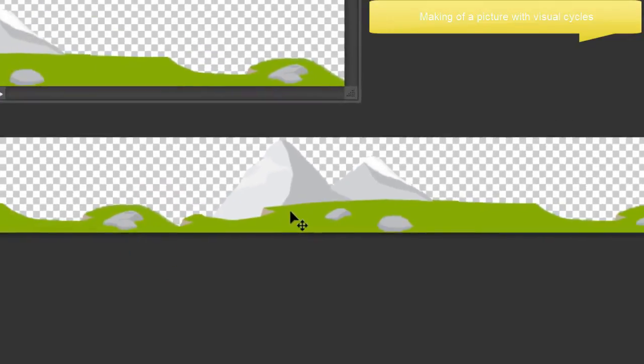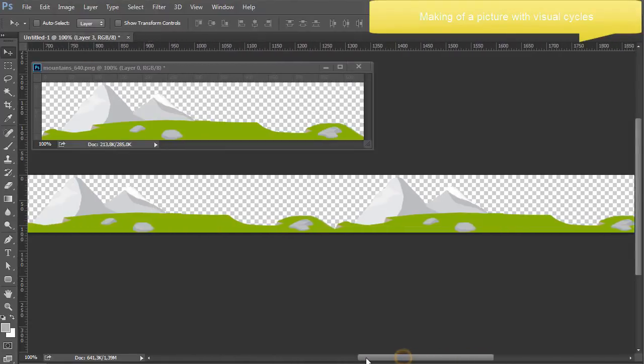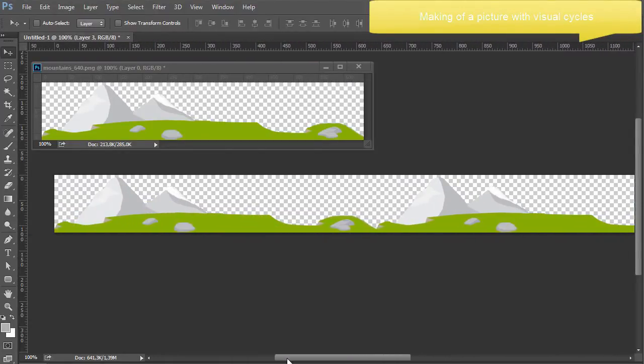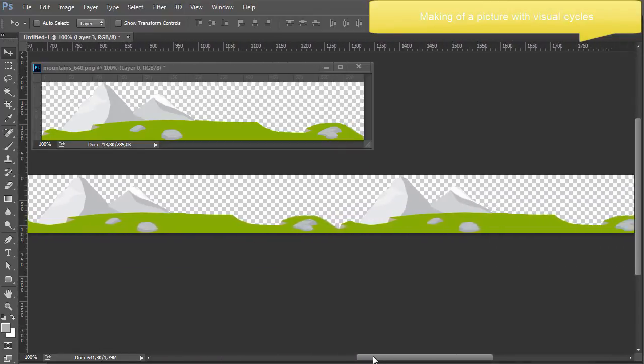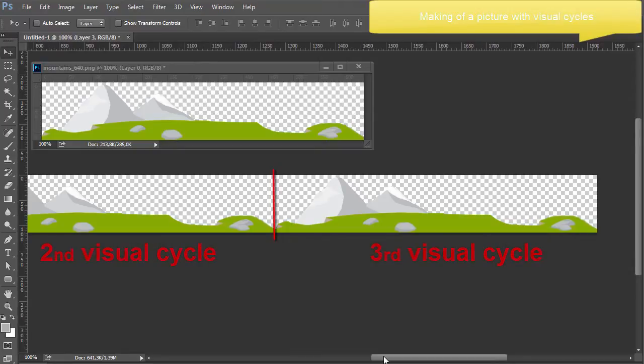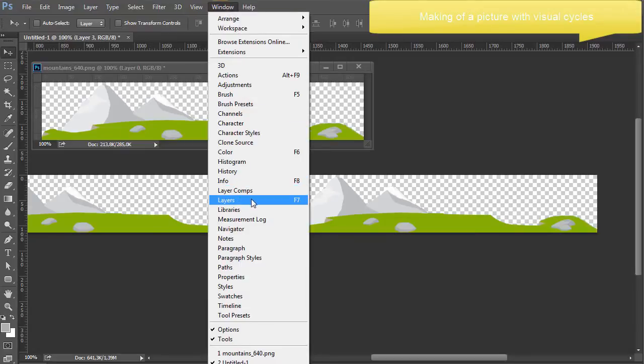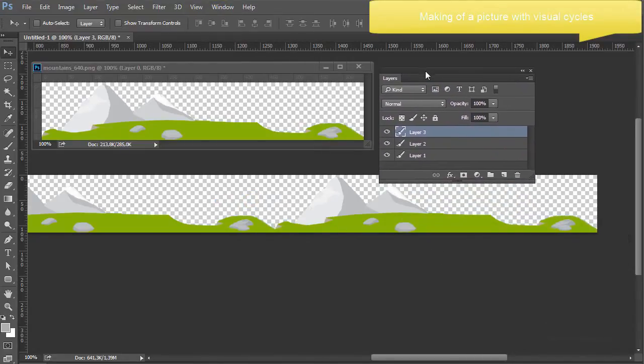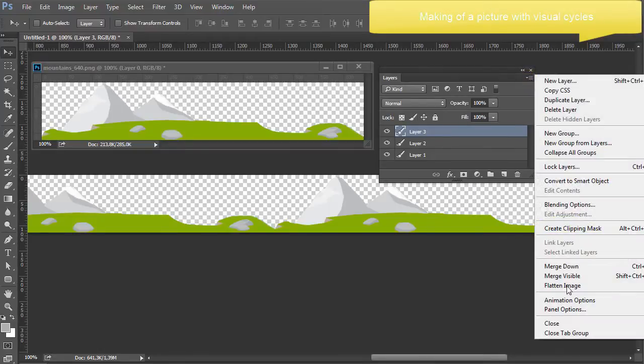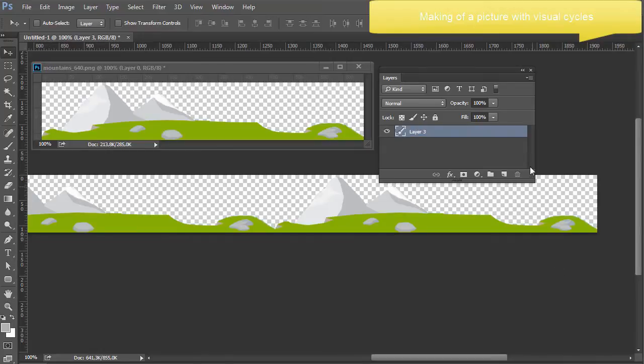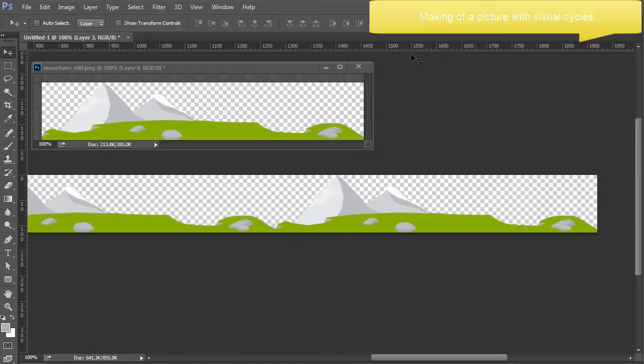Once all is done, and you have your 3 copies perfectly gathered without visual break between 2 pictures, merge visible layers, and save the picture to the PNG format with a transparent background.